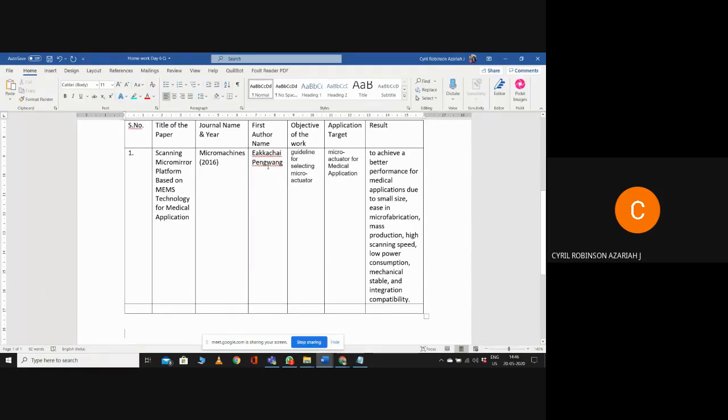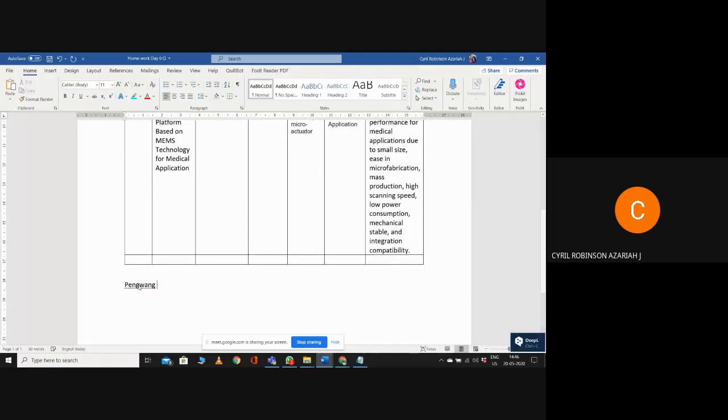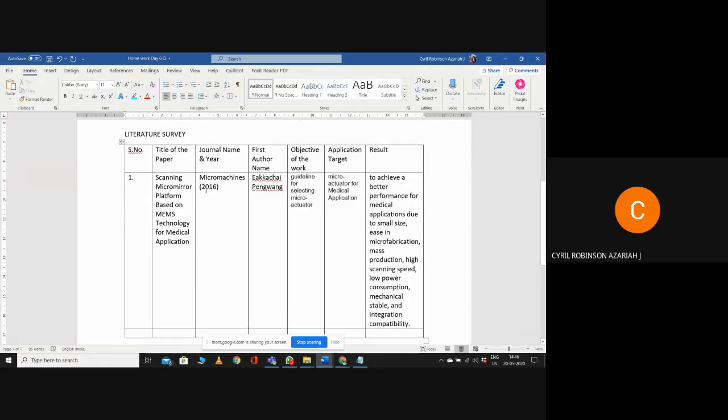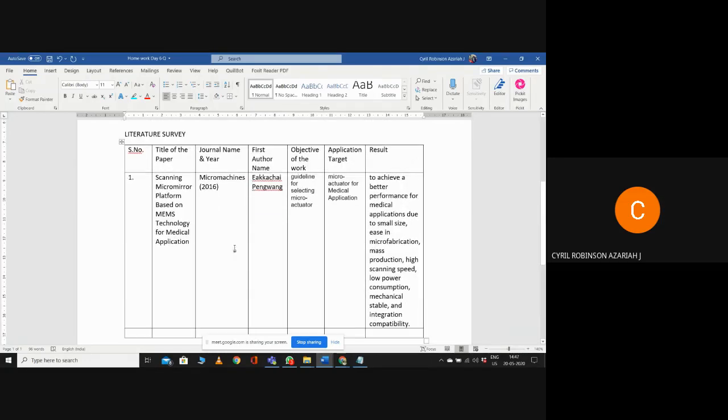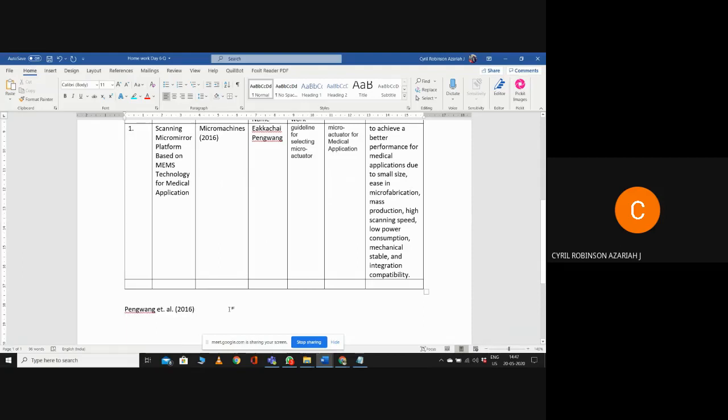So if you remove the first name, write Peng Wang et al. Add et al. to it and also mention the year of publication, 2016. Okay, this is a review paper, so you can say reviewed or highlighted, proposed. You can mention those terms. Okay, reviewed that.